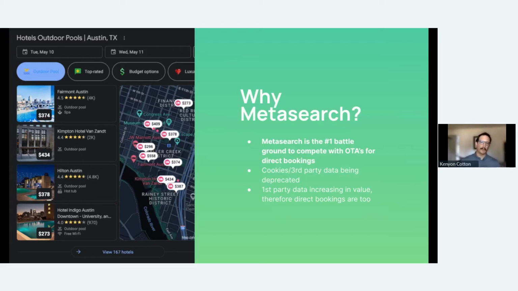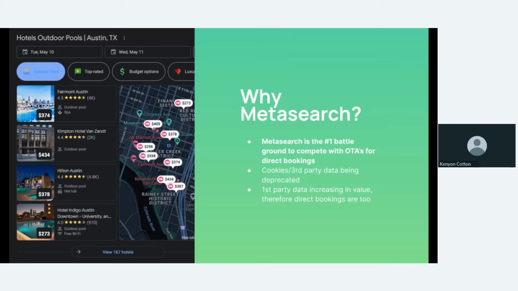You may be familiar with cookies and third-party data being deprecated. A lot of hoteliers are really reliant on those techniques for finding the right type of guests for their property. Those are going away at some time in the near future. So a bridge to a new world is your first-party data. You can use your past guest data to do a lot of similar things you've done in the past with cookies and third-party tracking. So that first-party data is even more valuable than ever. Therefore, direct bookings are more valuable than ever. So we think that's a big reason we see hoteliers focused on Metasearch. And like I said, those budgets are moving en masse into Metasearch channels, away from other channels in some cases.